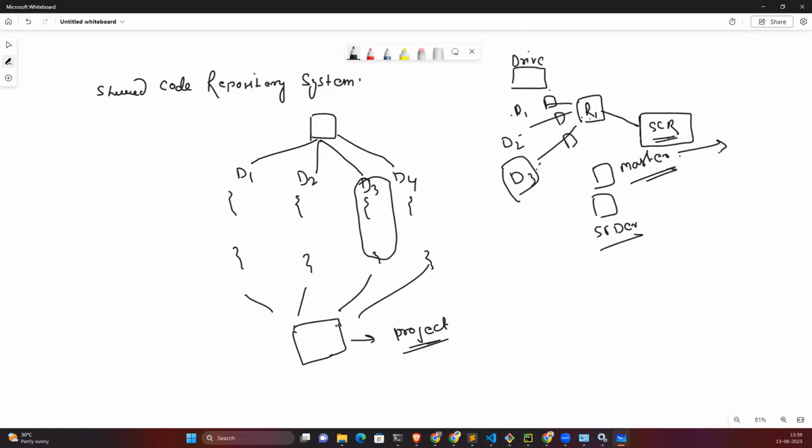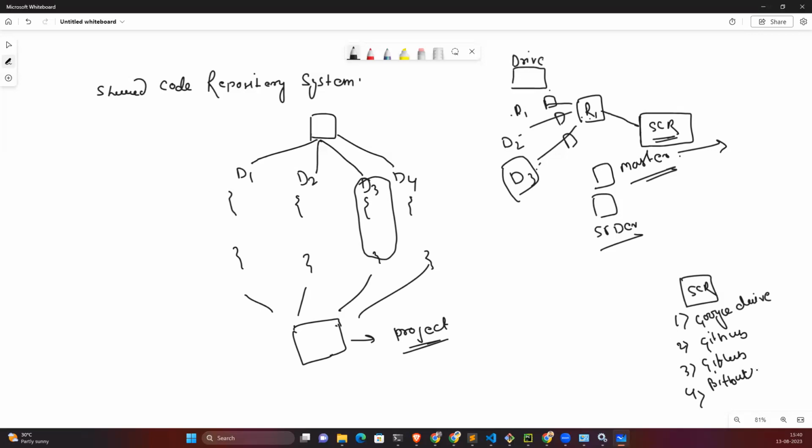So now coming to the part of shared code repository. What are the different types of shared code repository, SCR? There are n number of different vendors providing shared code repositories. One example I have already given, which is Google Drive. Number 2 example is GitHub. It's again open source. Number 3, GitLab. Number 4, Bitbucket. I don't know how many of you have heard about these.